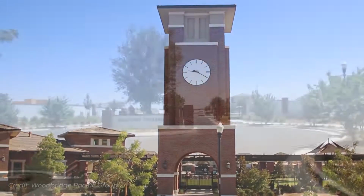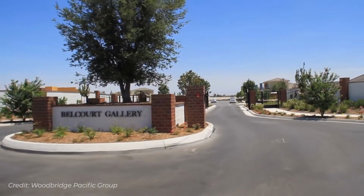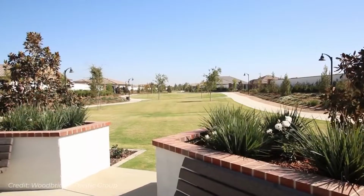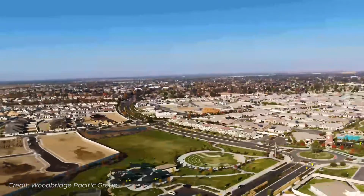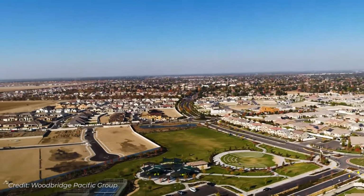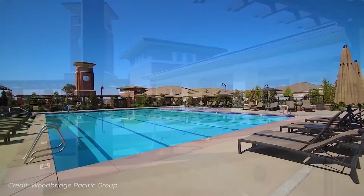So the cool part about being part of Seven Oaks and being part of this new development out here is that your HOA is going to get you into the clubhouse over at Belcourt. That is until they build the clubhouse here in Amberley. So there is one coming. It's just not here yet. So in the meantime, you have complete Seven Oaks Amberley, Seven Oaks Belcourt access to the clubhouse that has the